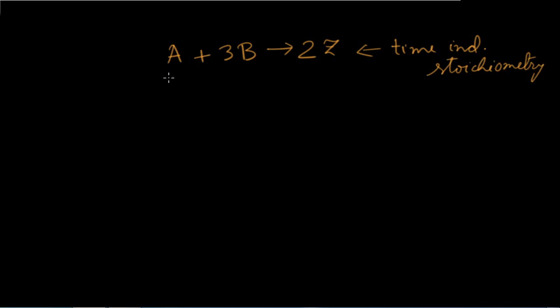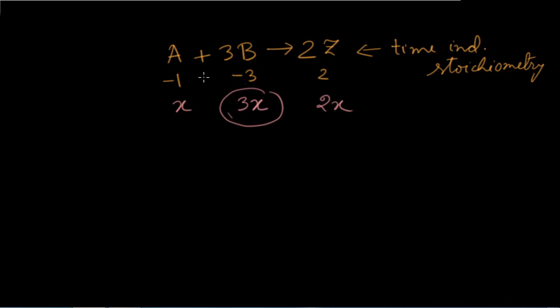So all the time, for 1 mole, the stoichiometric coefficients we know are -1, -3 and 2, right? So all the time, if X amount of A is consumed, then at the same time for B it will not be X amount. The amount consumed for B will be 3X, because for one mole of A there will be 3 moles of B reacting, right? So for X amount of A there will be 3X amount of B reacting, and it will form 2X amount of Z.